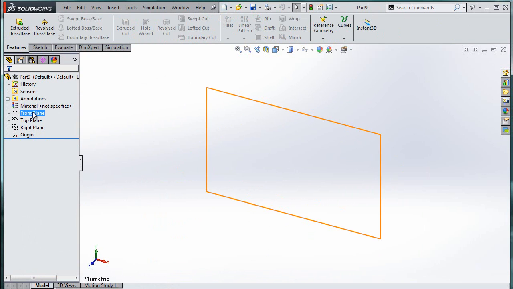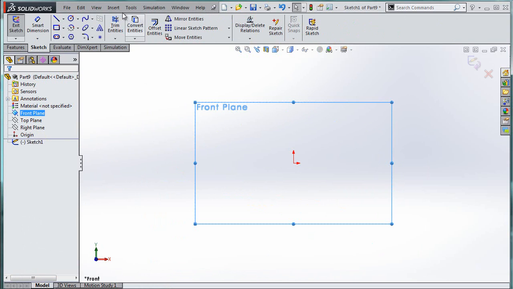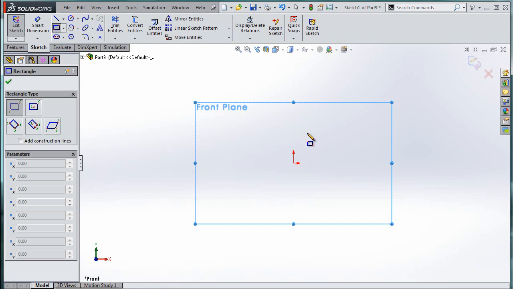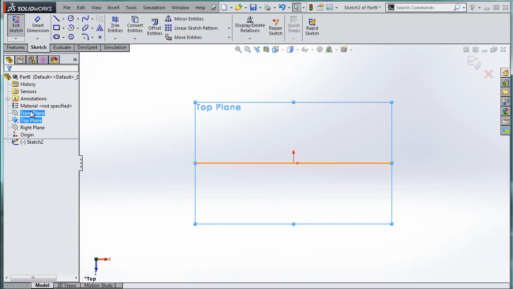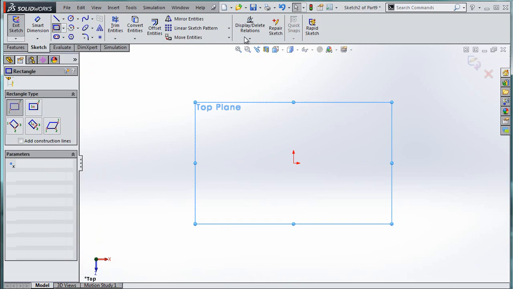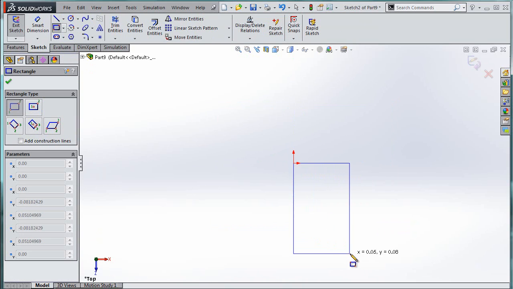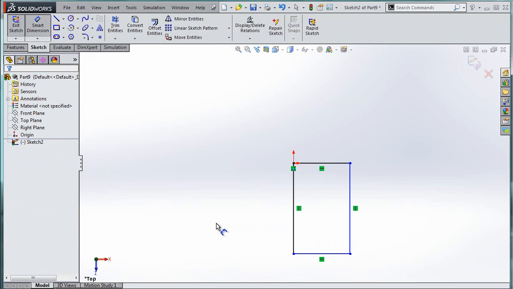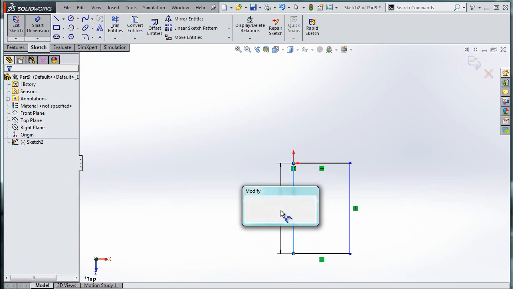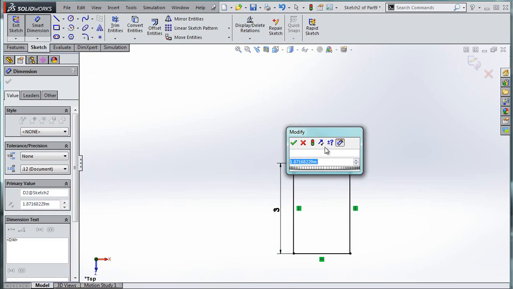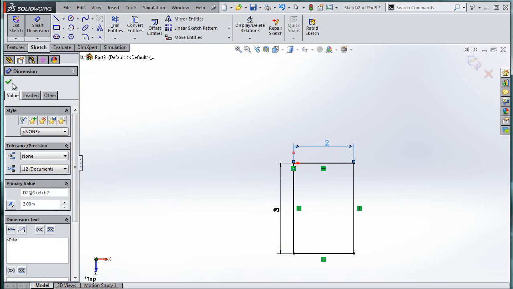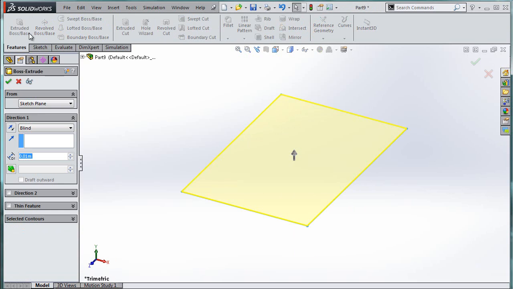So from the front plane, I'm going to create that 2 by 3. And again, I need to make sure that, actually, let me make it from the top. So let me sketch from the top plane. So if I'm looking at the top, I think that I'm going to come this direction, if I'm visualizing this correctly. So this over here is going to be 3, and this here is going to be the 2, and then I'm going to extrude it up by 1,